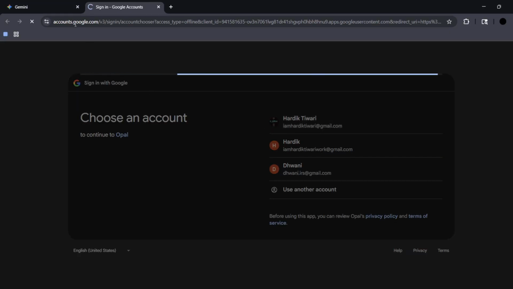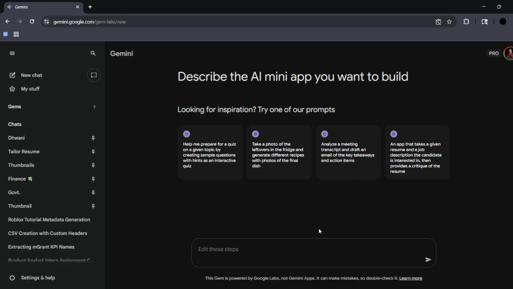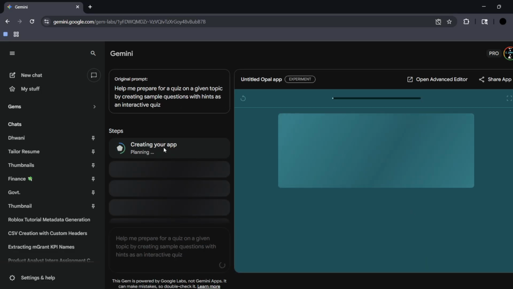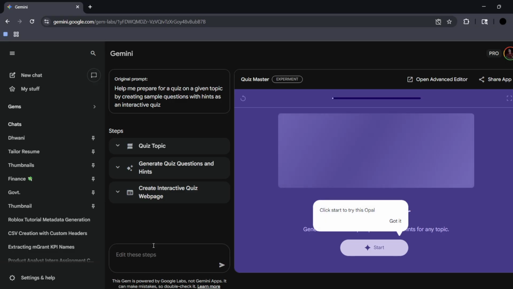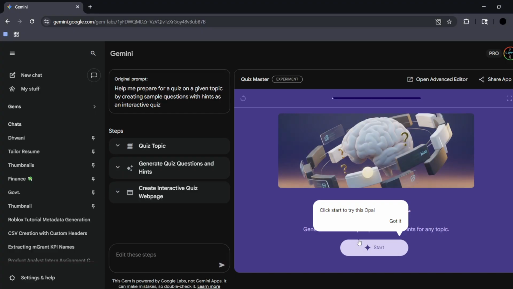If I wish, I might need to log in, but for right now, I have done the thing. Now let us paste the prompt again and now it says creating your app. So right now it is creating my app. There are various different stages to the same, like planning and deployment and other things as well. So make sure that this is an experiment version, and after all of the steps are done, you can obviously prompt it to make it better, do some more adjustments, and that's how you can create your own mini app